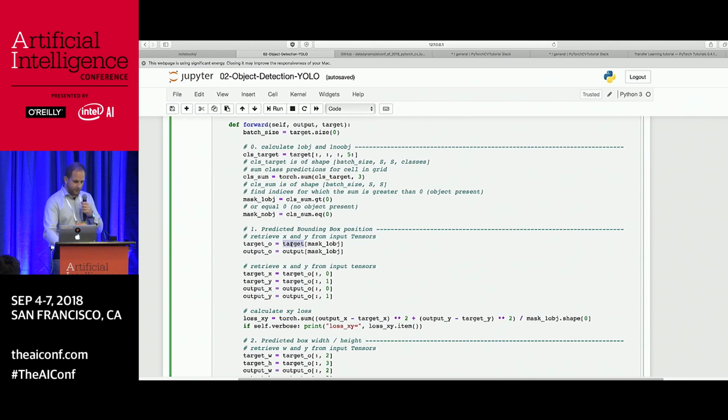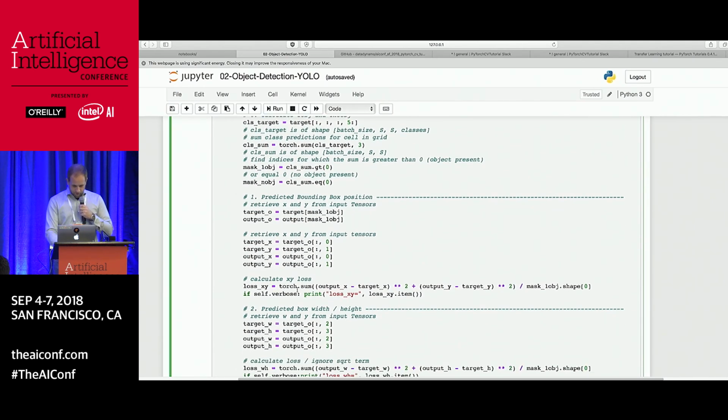So I have a target, I have a lookup, and the lookup is very similar to how data frames work in Python. You have a mask with ones and zeros, or true and false, and wherever there's true, those are the values I want to keep. Whenever there's a 0, it's something I'm not interested in anymore. So it's basically just indexing. The mask is indexing the target and the output and pointing me to the subset of cells and values where the ground truth actually has a class, and most of the computation will only happen on that subset, because that's what we did by looking at this one object